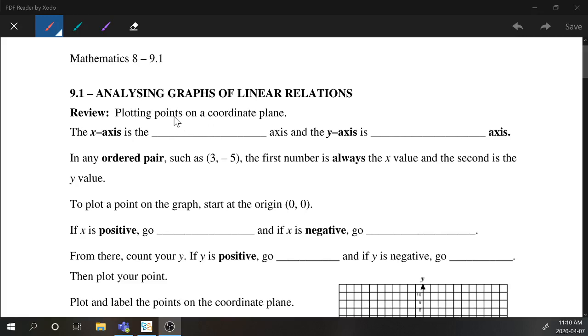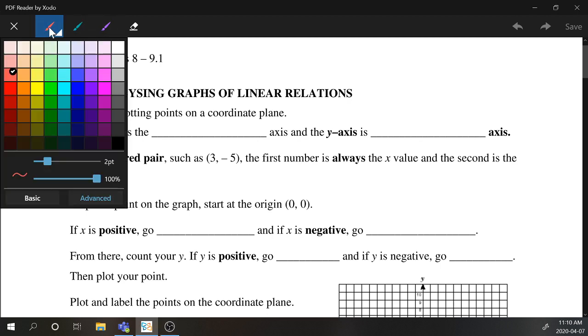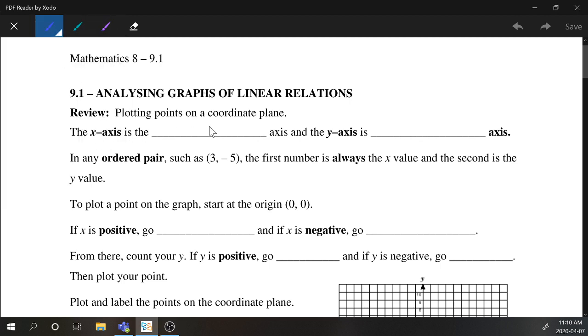Hello, everyone. We're going to go over section 9.1 today. It's about analyzing graphs of linear relations. In order to do that, we are going to start by going over how to draw graphs and how to plot points. The first thing that you need to remember is that the x-axis is the horizontal axis,